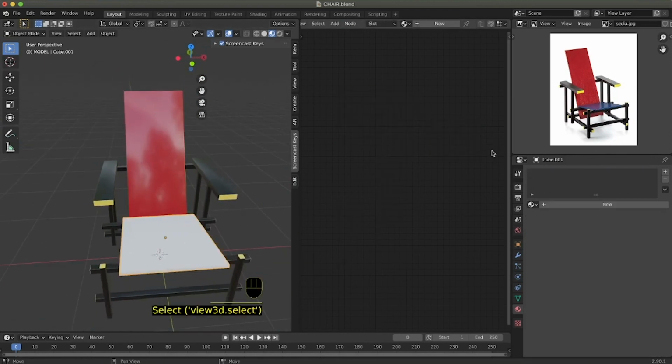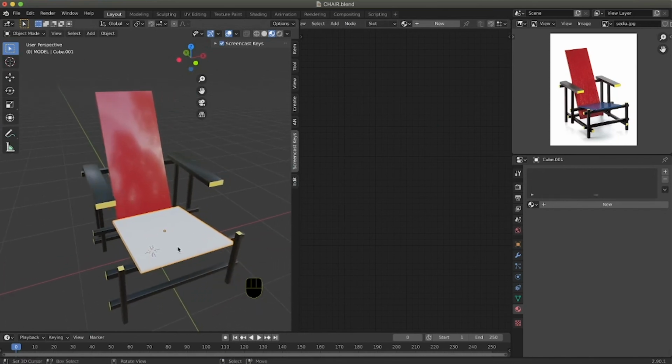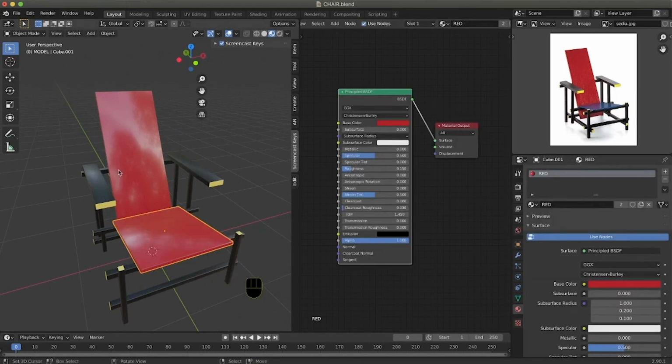And finally, I am going to do the same with the bottom part. So for the bottom part, I take the red material that has the same reflectiveness, is applied to two meshes, but in this case I duplicate this and I make this blue. And I can pick the color.